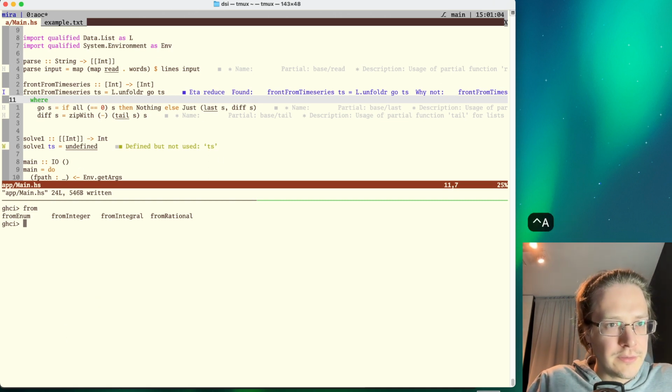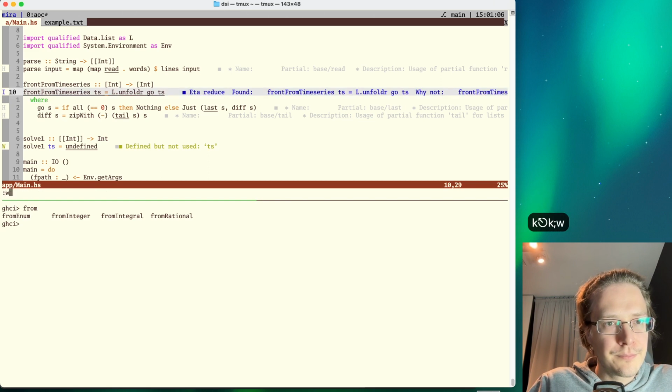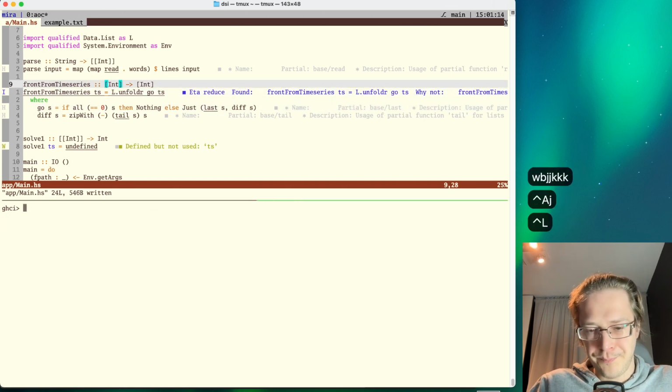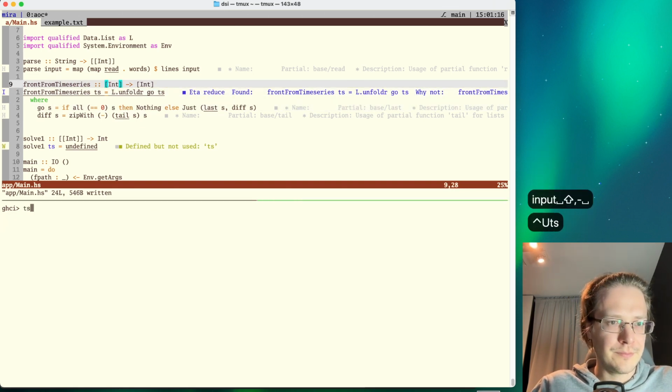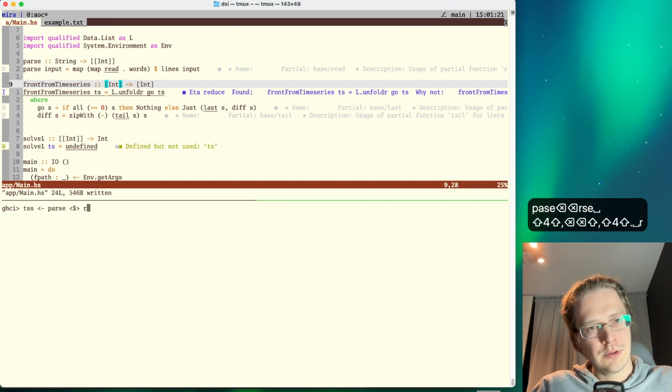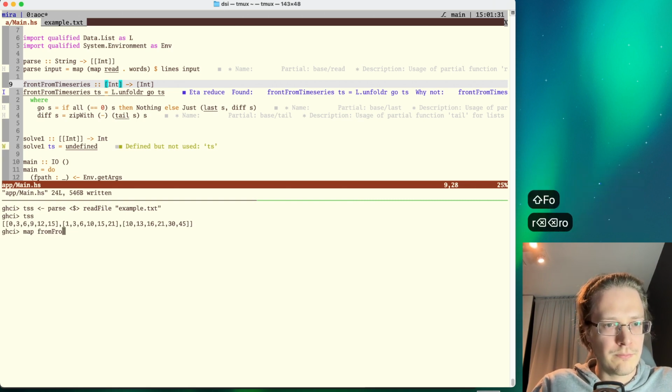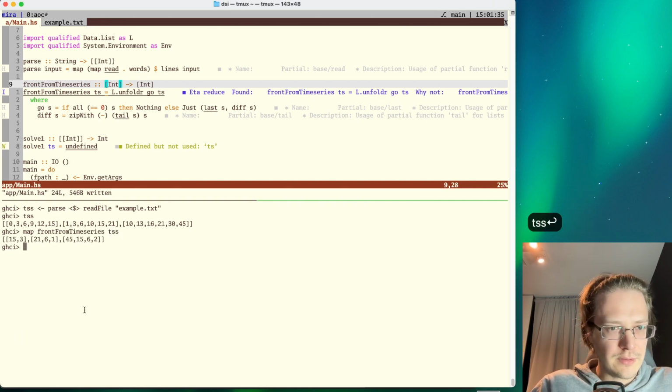Okay, let's say that, no, I don't want to add a reduce here. Okay, how do I test this? Let's say that time series is equal to parse with file example txt and map front from. Yes, so that's 15, 3. Okay, then